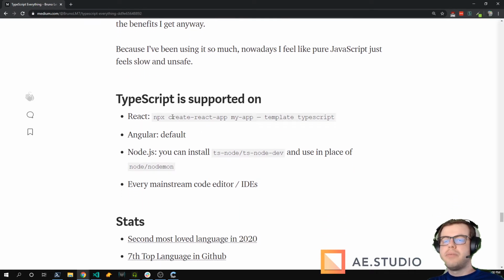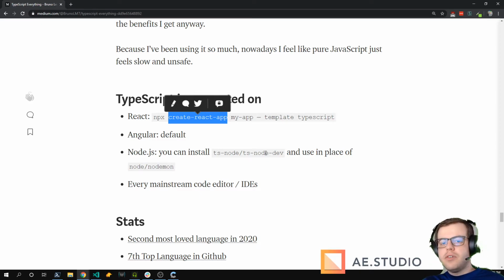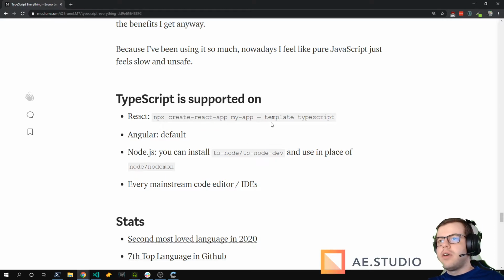Yeah, TypeScript is supported on the major front-end frameworks and libraries. React has this really popular package called create React app, which starts a React project for you with a structure, and then you can just add things on top.